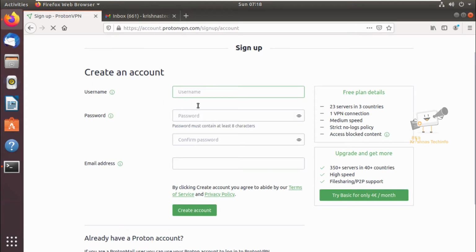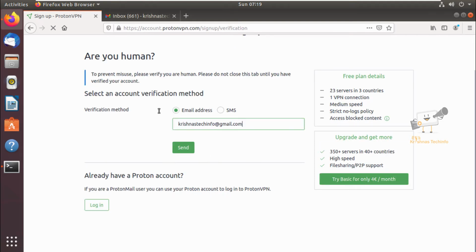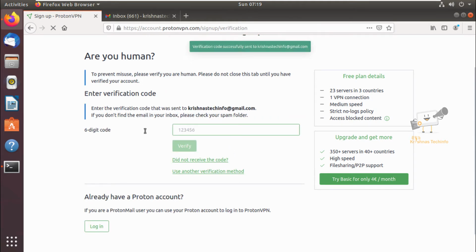Now provide your username and the password, and the email address. Now select the account verification method, and I'm going to select the email address and click send. Now we have received the verification code in email.